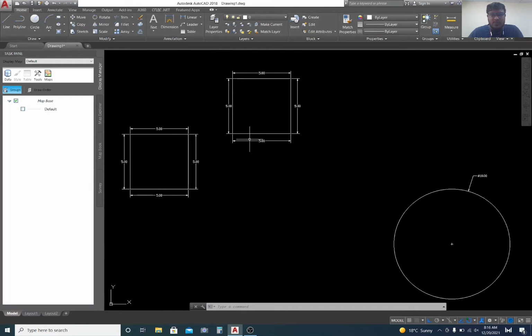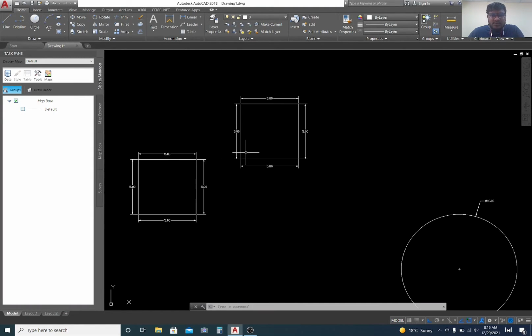Hello guys, welcome back to the AutoCAD class. I hope you practiced again and again and you know how to make a rectangle and circle in AutoCAD. Today we are going to talk about how to make a polyline and how to use the trim command and extend